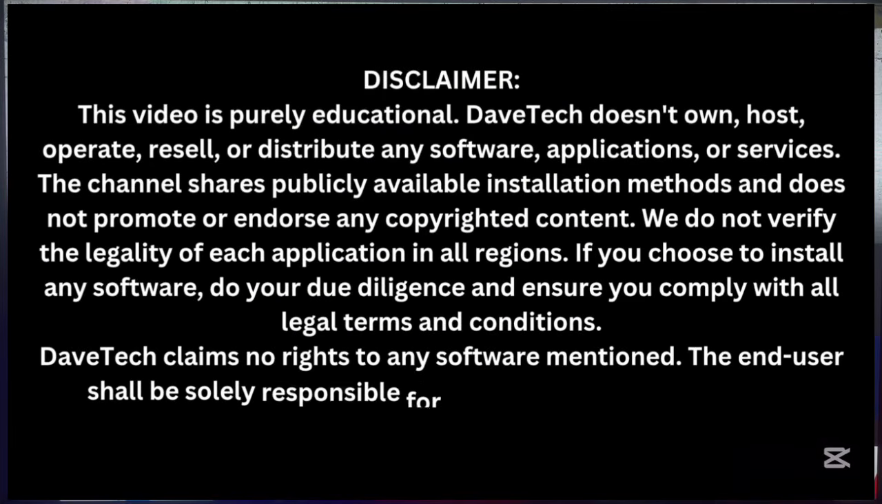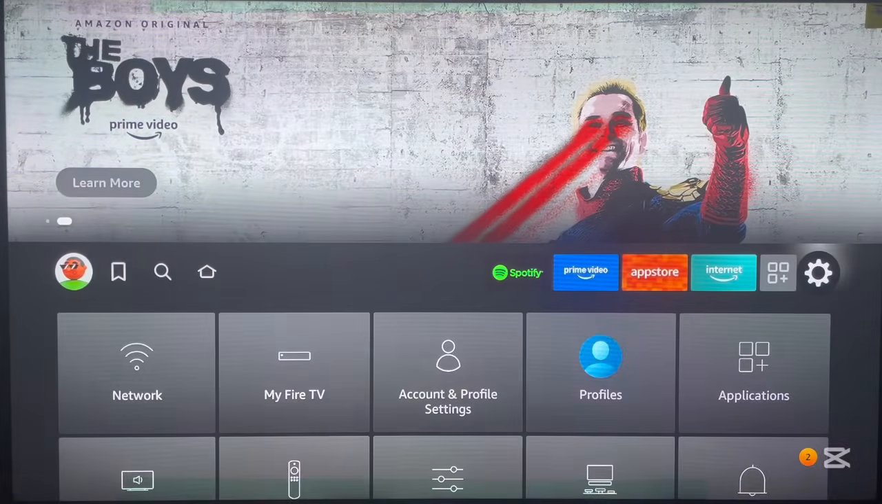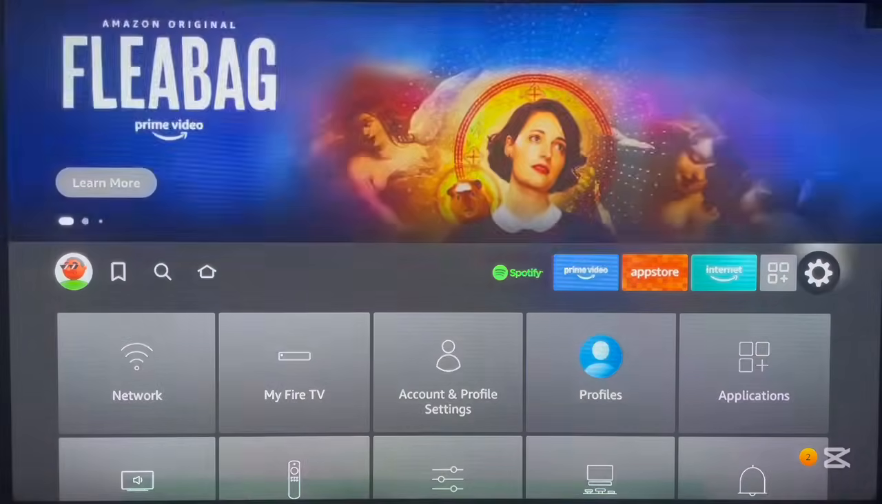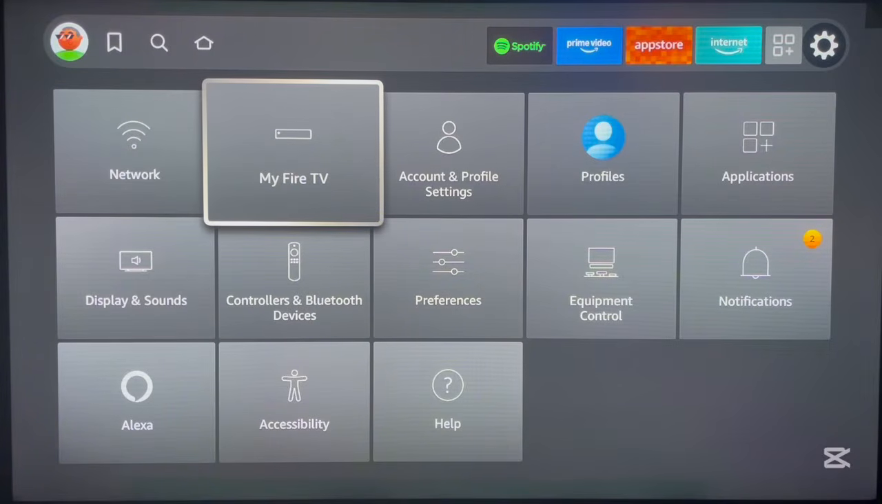Now here's my Fire Stick device, and I'm going to be showing you everything on it. But the very first thing we need to do on our Fire Stick device is to make sure the device is able to install applications from unknown sources, since this application is going to be like an unknown source to our Fire TV device. So the first thing is for you to go out to your settings, go to My